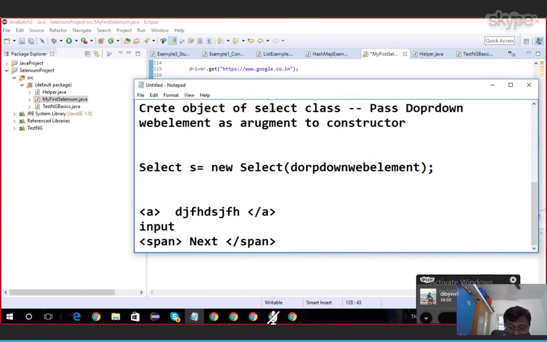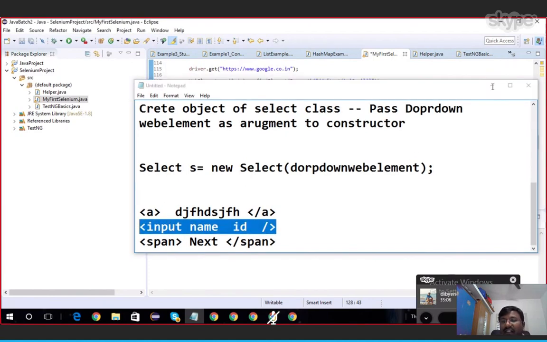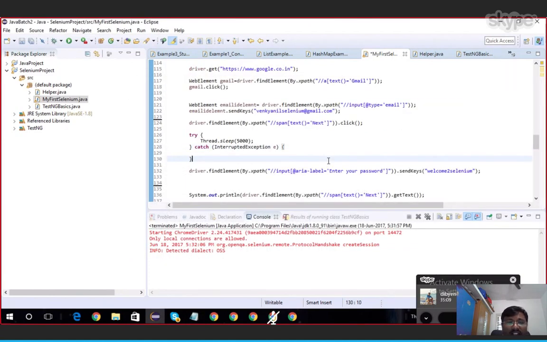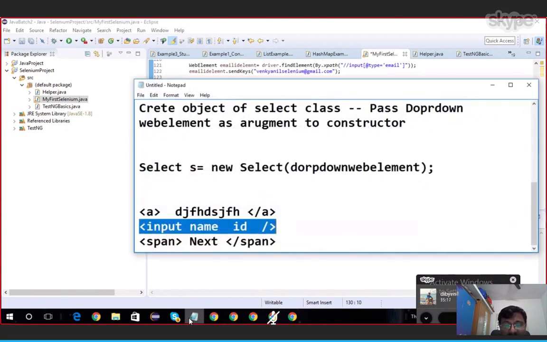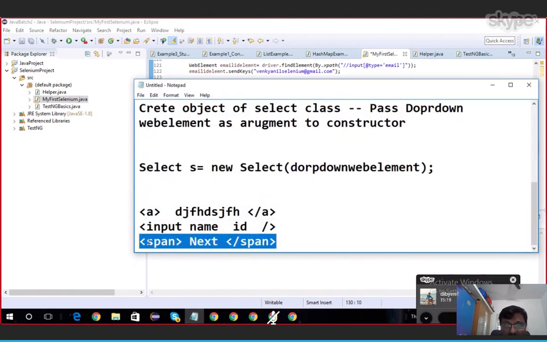If you see, input looks like this, some close and a name, ID like this. So we should not use getText with input. Generally, we'll use it most of the times for text area fields. So if any tag is having like this, we can use it.